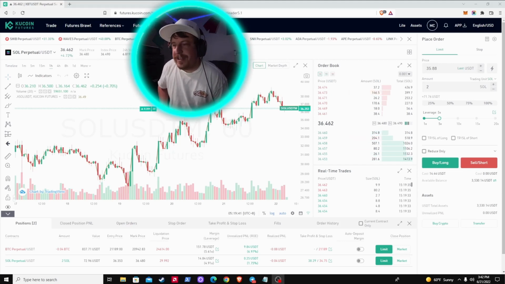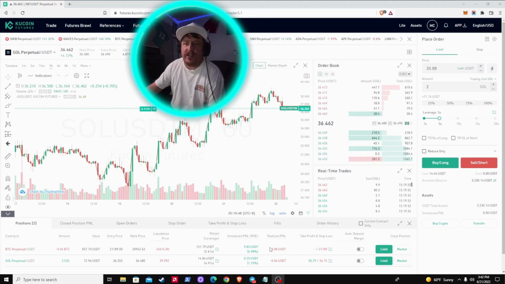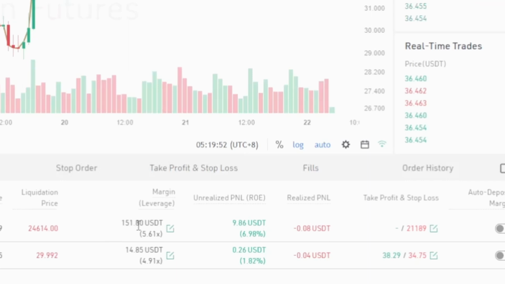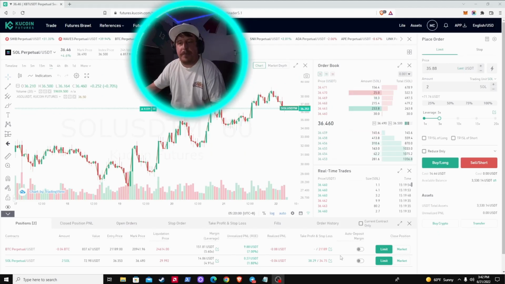All right, now full transparency, I don't know the exact fee that KuCoin charges, but I know the longer the position's open, obviously you're going to incur a fee. I've had this position open for a couple of hours that has $151 in the position, and I've incurred a realized loss so far of 8 cents. The one I just opened obviously started out and charged me 4 cents. So it is something that I will track, and in a future video I will explain it in more detail as I figure out exactly what the fee is. But don't worry about that for today's video.